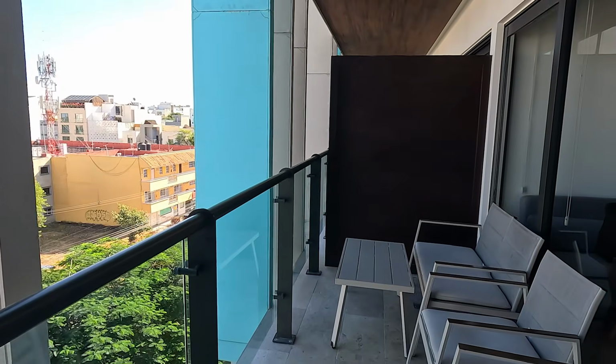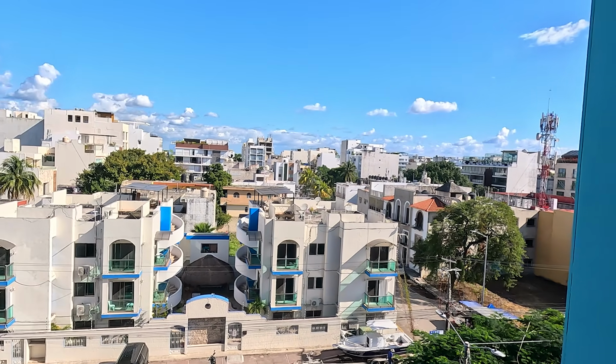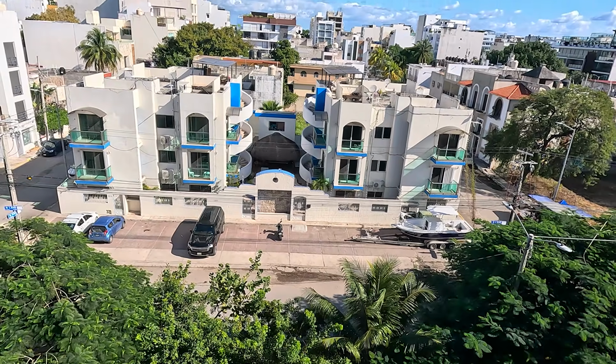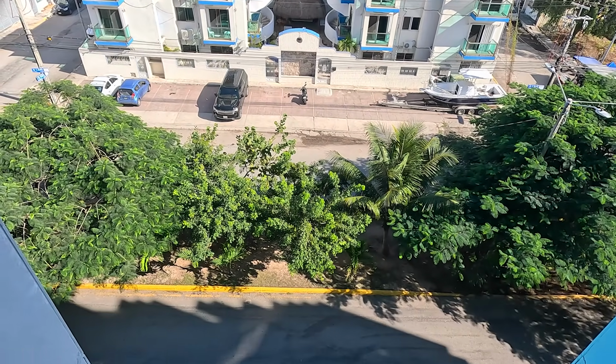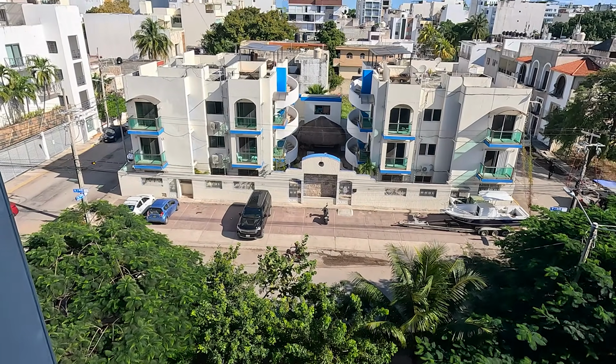All in all, I thought this was a great room, a great 1-bedroom because of the location, because of the layout. The bathroom was great. The only thing I would ask for is a bigger bed, but when it comes to location, it's a little bit more upscale than a lot of the other hotels and condos and